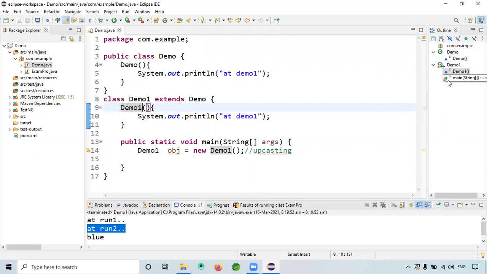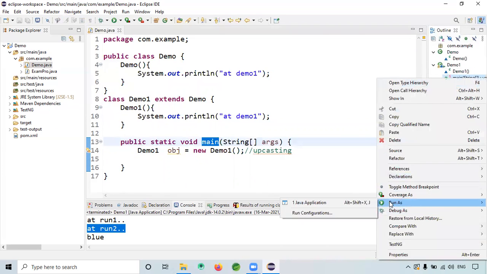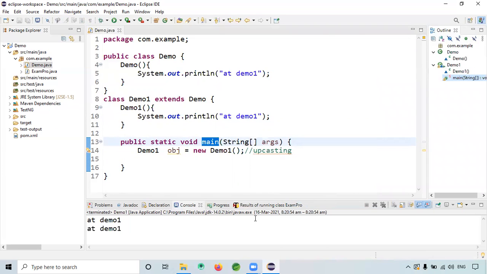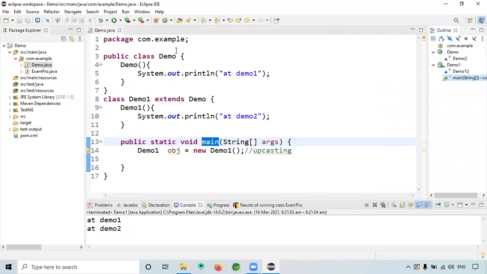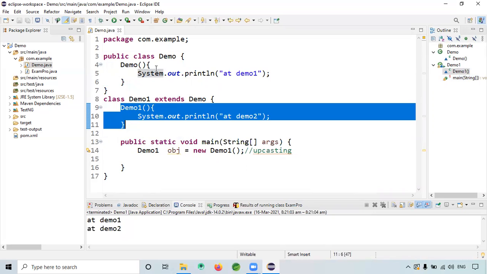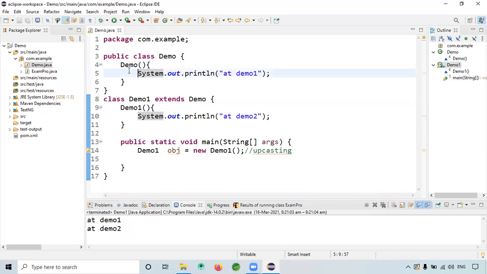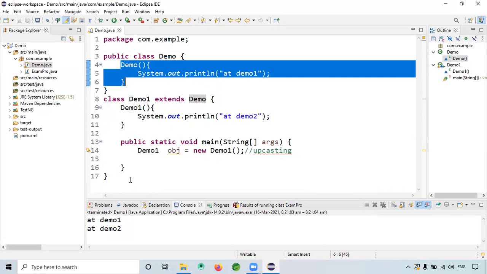So now when I run this program, Demo 1, Demo 2. I'm printing Demo 2 here. Let's run. Demo 2 will be printed. In the parent class I have Demo, and here also I have two constructors. Obviously when you inherit, that also will print. That is not an issue.